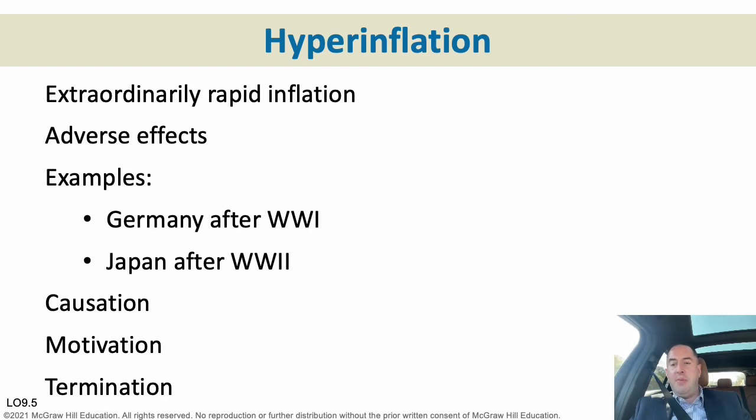Hyperinflation is obviously condemned. It's terrible because it makes prices really hard to predict, and wages really hard to predict. It's not a good environment for planning. Prices shoot up, business owners do not know what to charge, and consumers do not know what to pay. So it creates tremendous inefficiency. One difference, though, in today's economy is that there's way more price discovery via the internet and technology than there might have been even 50 years ago.